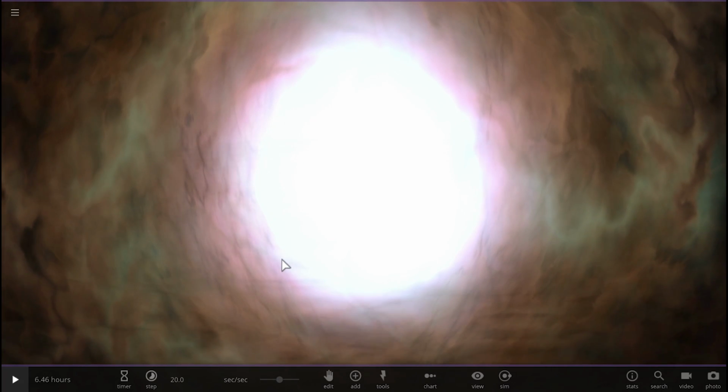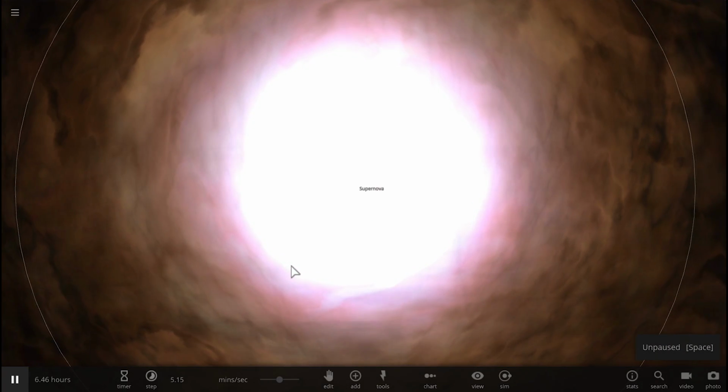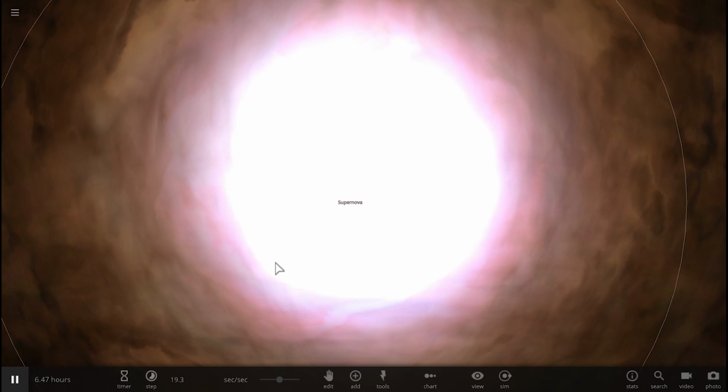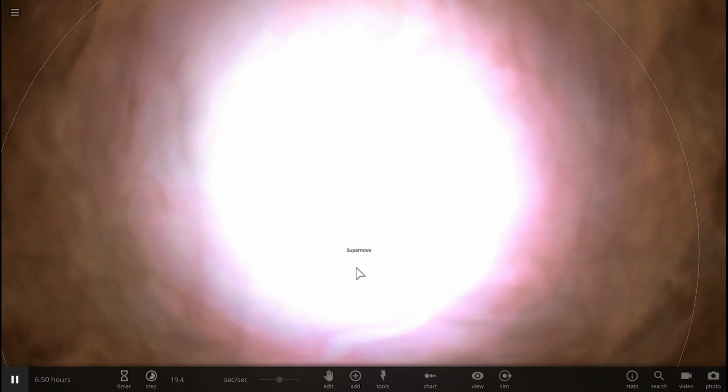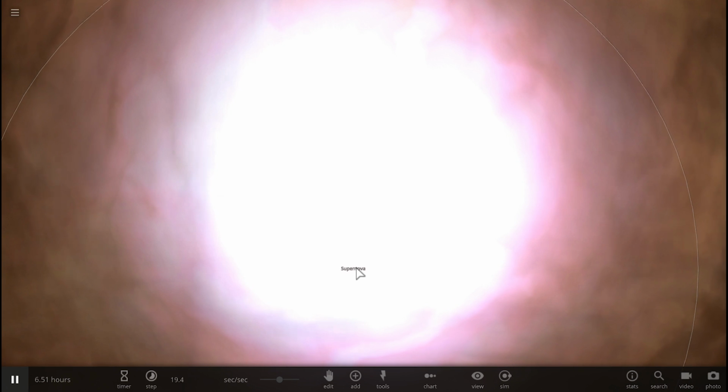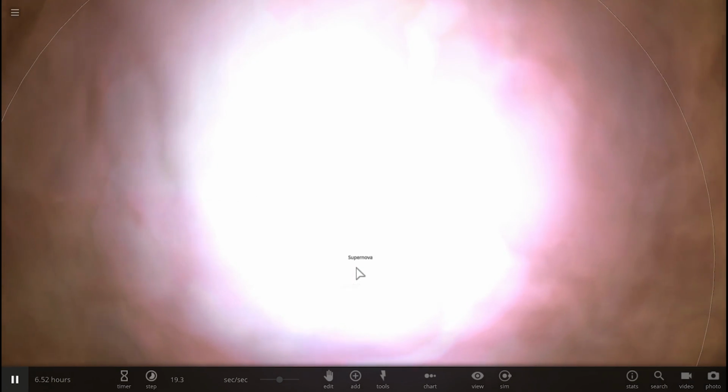Now this right here is the best representation of the Big Bang I could create. Unfortunately it's not perfect, but this is what we'll have to work with. The time right now is 377,000 years after the Big Bang, and we started to see early atoms like hydrogen, helium, lithium. They started to appear, and they started to create what's known as photon decoupling, which then resulted in what we today know as the cosmic microwave background radiation, CMB.